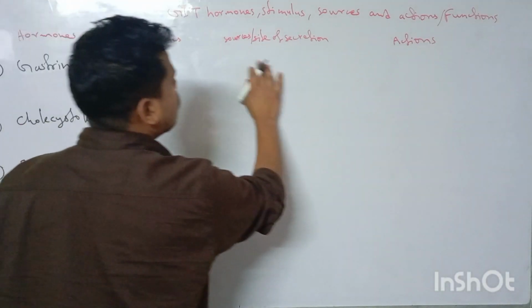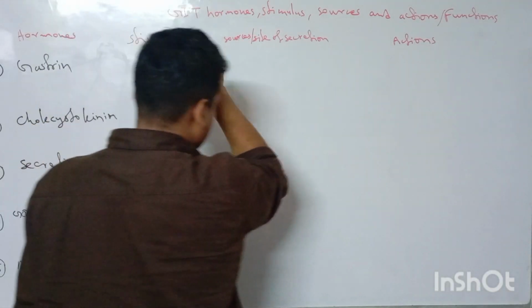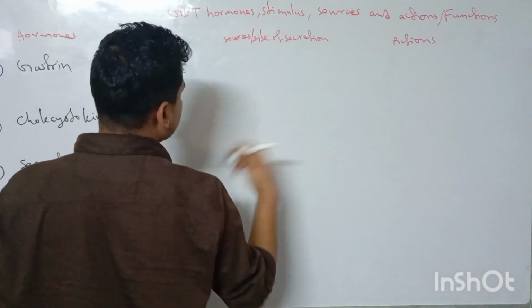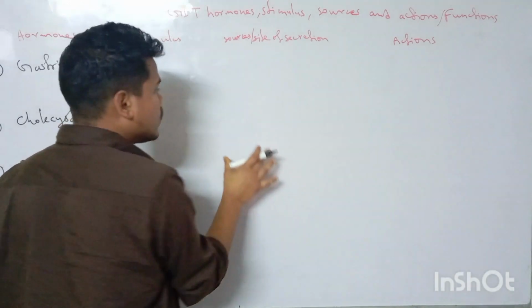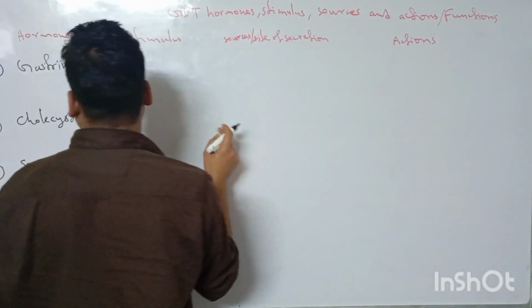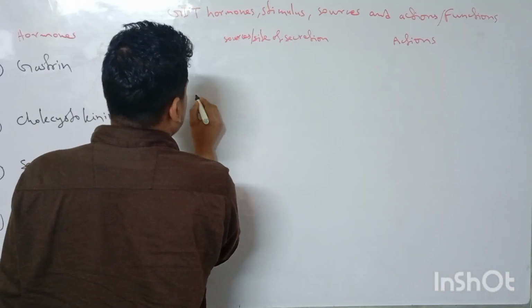Gastrin, like gaster, is the term for the stomach, so it is related to something in the stomach. So what is happening in the stomach? Let's see. I will talk about protein digestion and absorption in detail. So this gastrin,